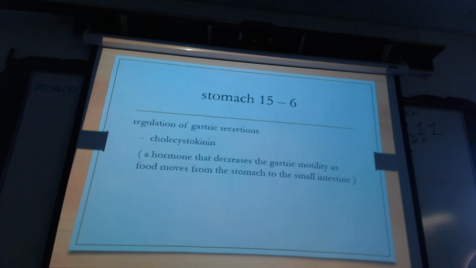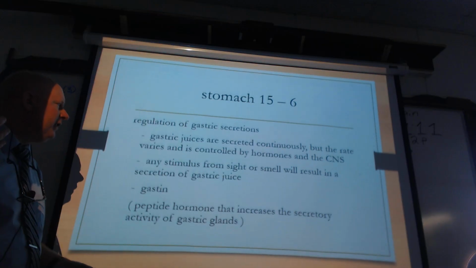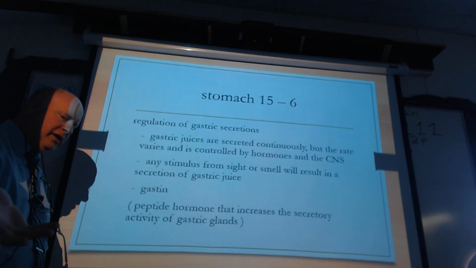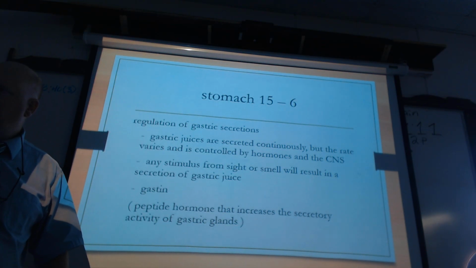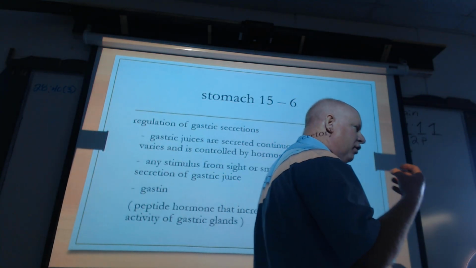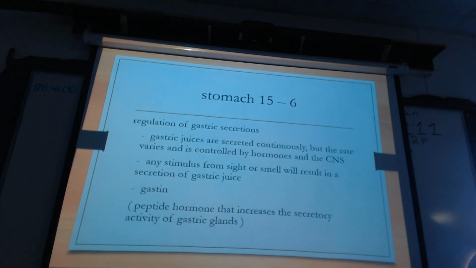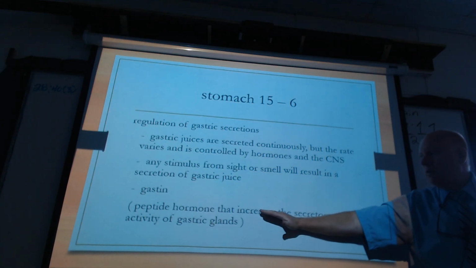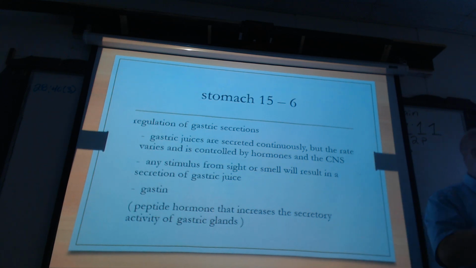So inside your stomach, just like that, it has to be turned on. And it's a hormone that does this. So this gastrin is like turning that spigot on. It's causing water to come out of the hose. It's causing acid to be produced inside the stomach, okay? That's regulated by the brain or the central nervous system. And again, it's done by these hormones. This is one hormone. The next one is cholecystokinin. So that shuts the tap off. Gastrin turns it on. Cholecystokinin turns it off. Okay?